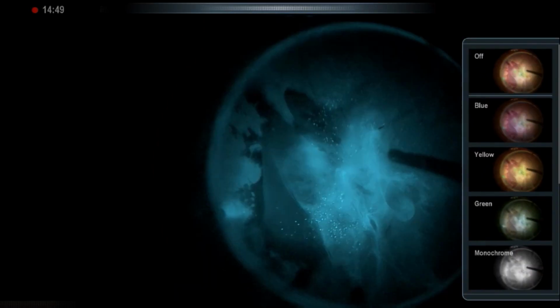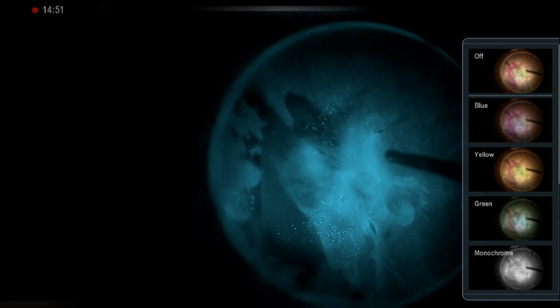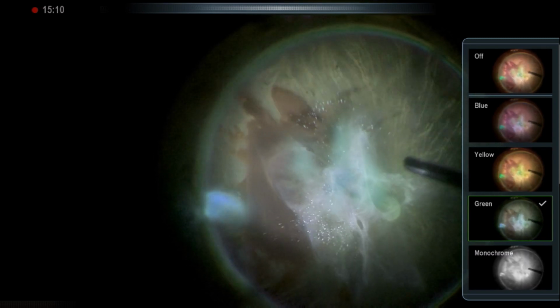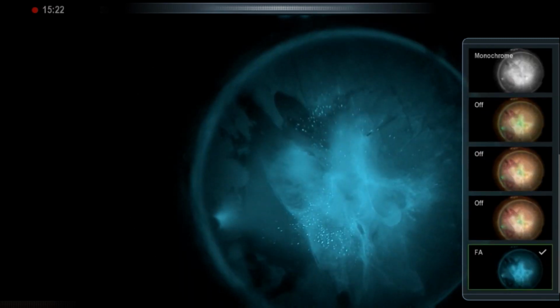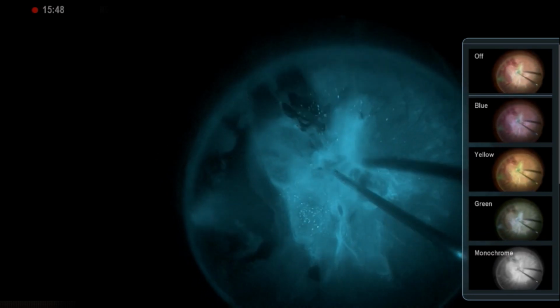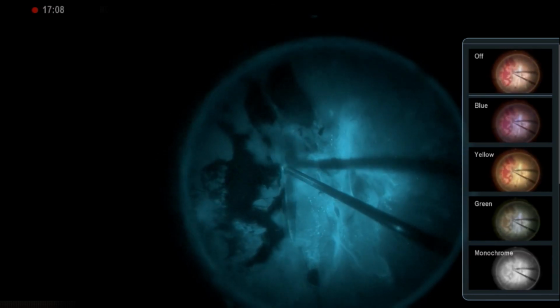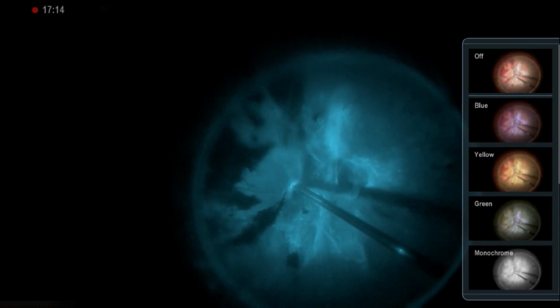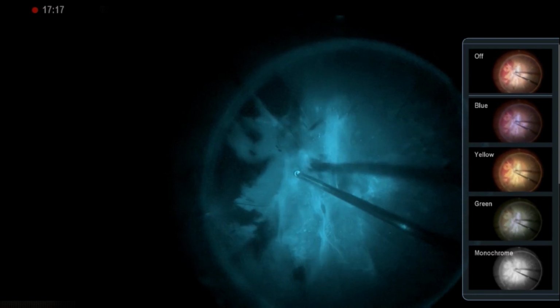I change the colors to normal and come back. I change to blue, change to green, change to monochrome. But the best is the custom fluorescein angiography barrier filter, which is basically a red-free and green-free filter. And now I am trying to dissect these membranes with the help of the cutter,